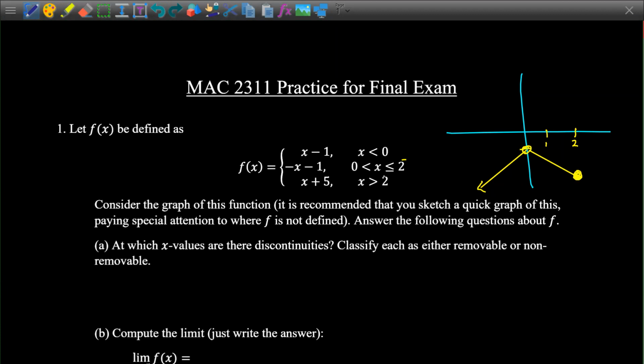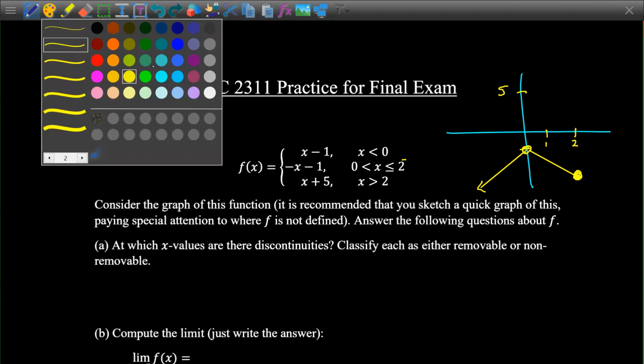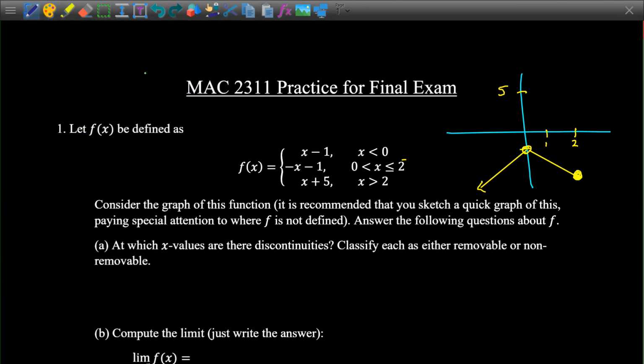And it goes up to 2. Actually, no, it is defined there where x is exactly equal to 2, and it has a slope of -1. It's going to go in the downward direction from 0 to 2, and it is defined where x is exactly equal to 2. So I'll make that a filled in hole,